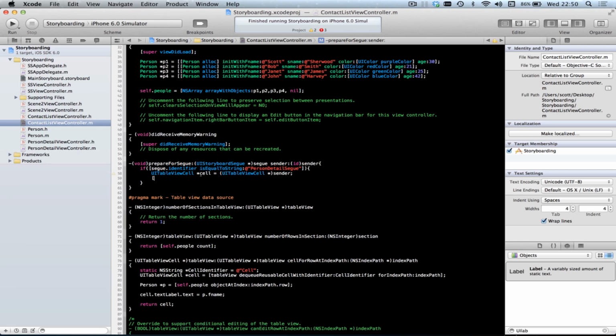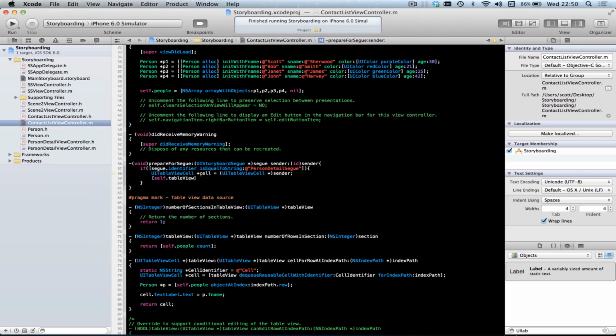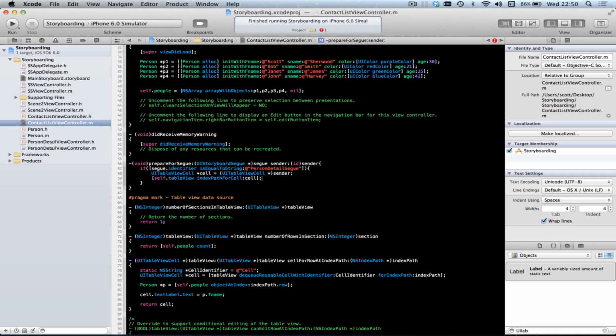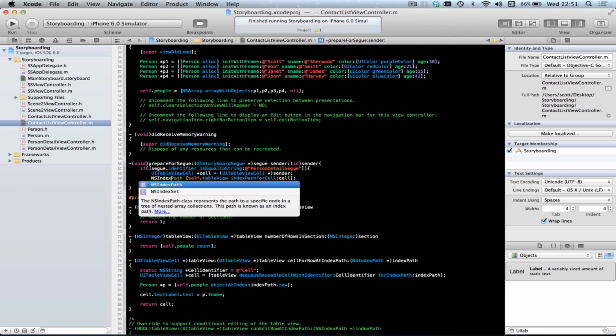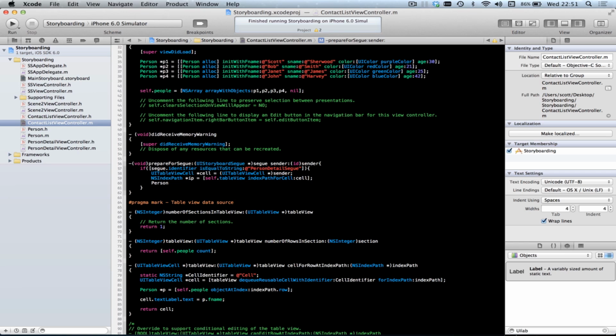And then we can do self.tableView index path for cell. We know that the person now is